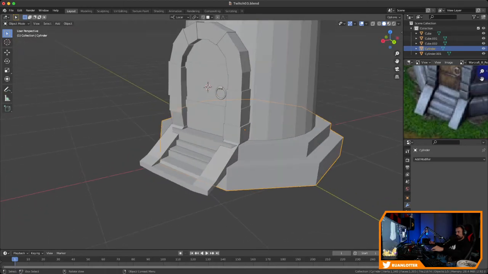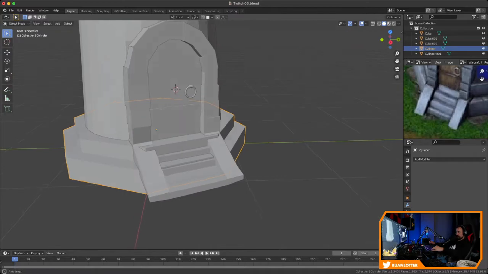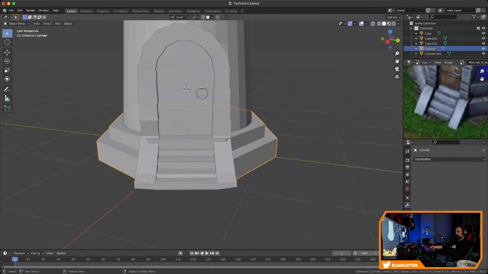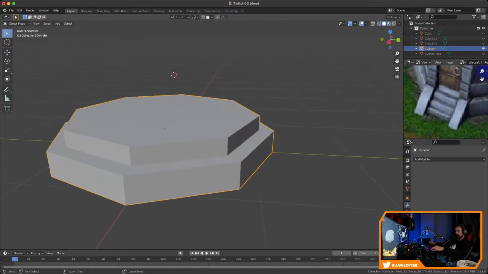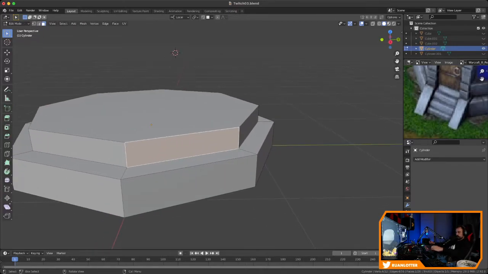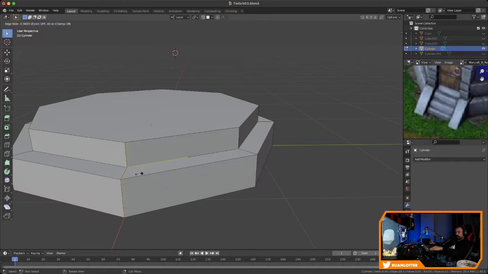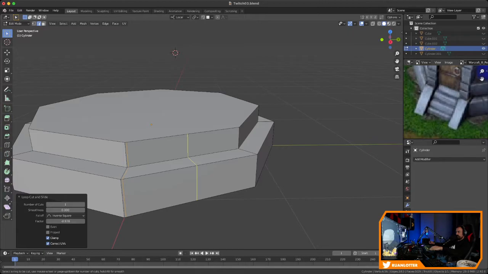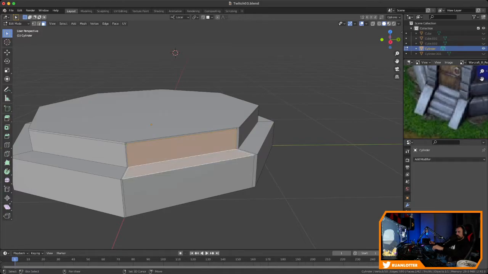So everything from this side to this side. So if I do a Shift H to focus on that, we need to kind of break everything here out. So what's the easiest way to do this? So maybe create a little loop cut right here, and a little loop cut right here, and a little loop cut right here. And then maybe let's create a loop cut here at the bottom as well,